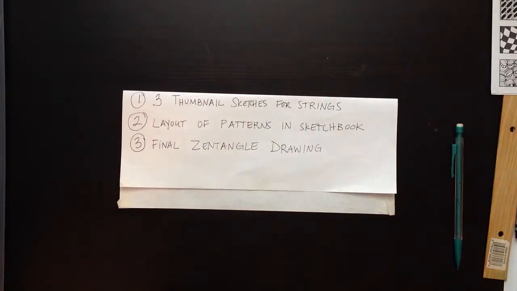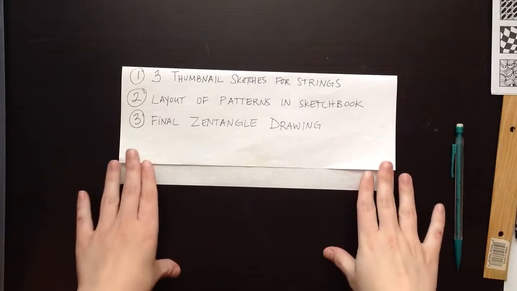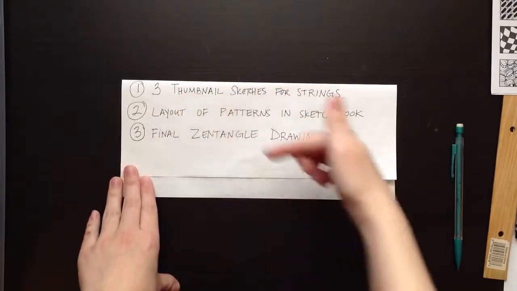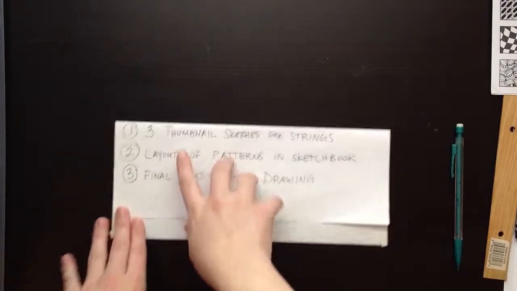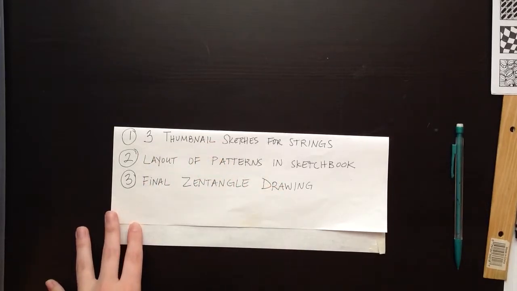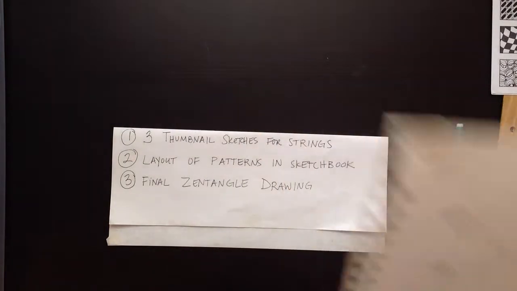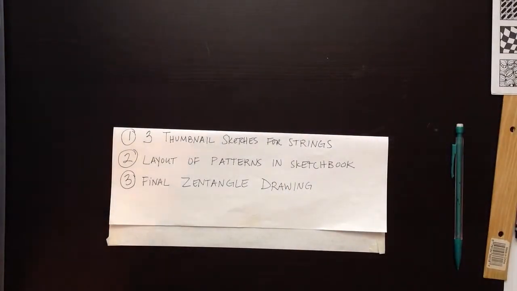Okay, in this video I'm going to show you the process of making your Zentangle Square, and there's basically 3 steps that I'm going to go through. The first one is drawing your 3 thumbnail sketches for your string, and then the second step is going to be laying out the patterns of where you want them, and then your final Zentangle drawing. So for the first step,